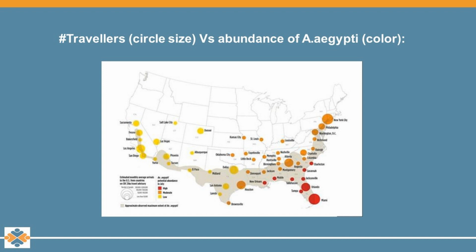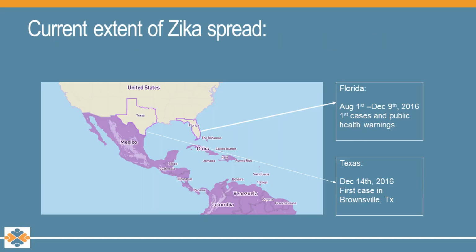And in fact, you can see that the largest populations of people who travel, who are also endemically surrounded by mosquitoes, of course, are in Florida or sort of southern Texas on the border. That has proven to be true when we look at areas where Zika has extended to, and in fact really all the way up through the Caribbean is now considered endemic. We've had brief periods of endemic spread, as you would well remember, both in Florida and also in Brownsville, Texas, so right sort of down on the border. Although both of these areas, importantly to state, have currently been Zika-free so far this season.